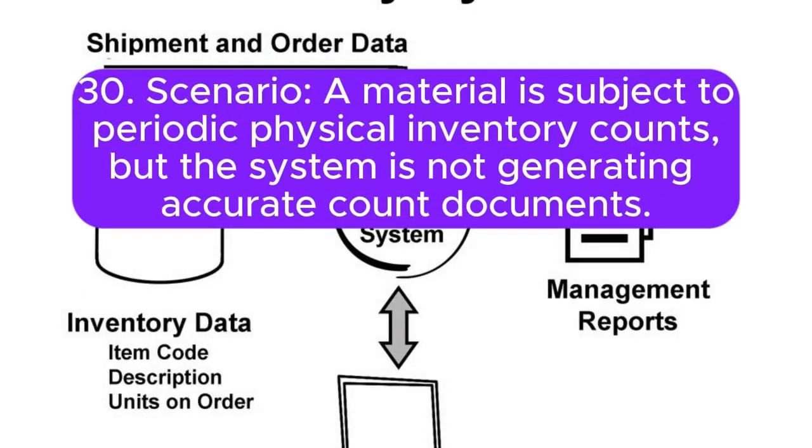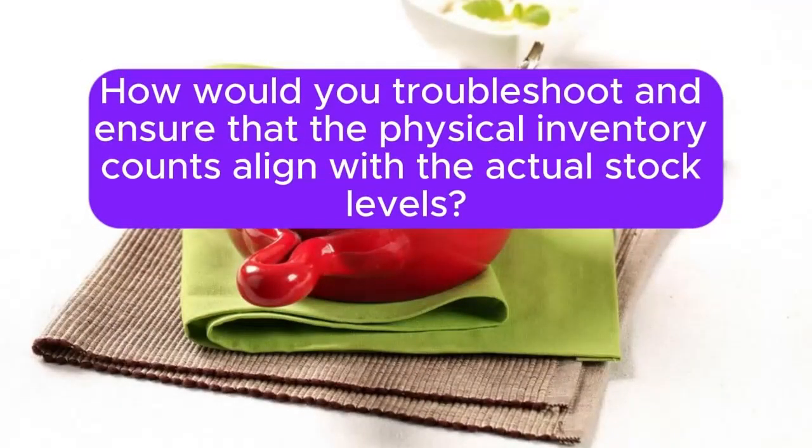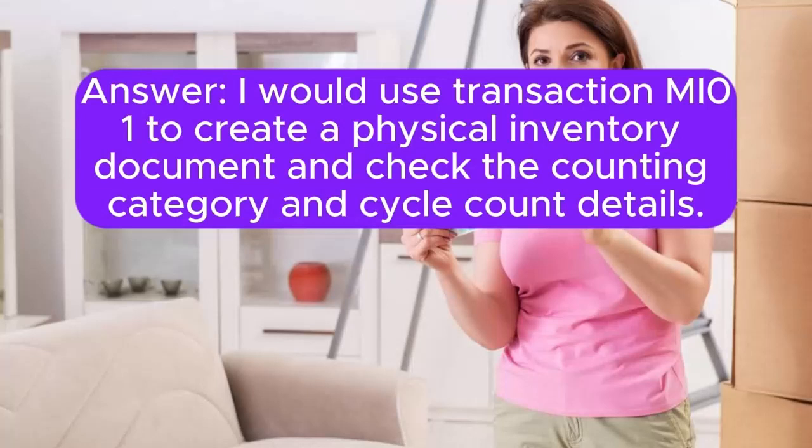30. Scenario: a material is subject to periodic physical inventory counts, but the system is not generating accurate count documents. How would you troubleshoot and ensure that the physical inventory counts align with the actual stock levels? Answer: I would use transaction MI01 to create a physical inventory document and check the counting category and cycle count